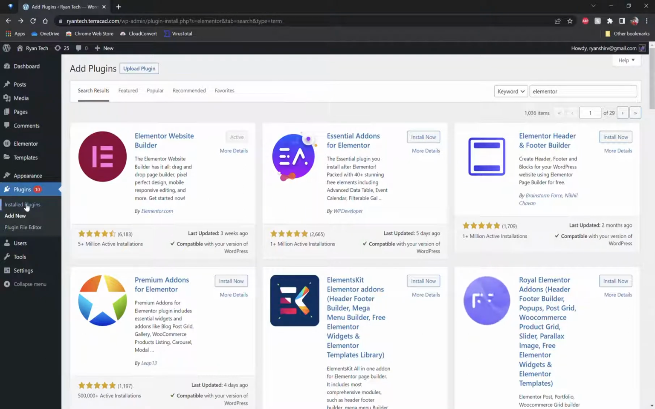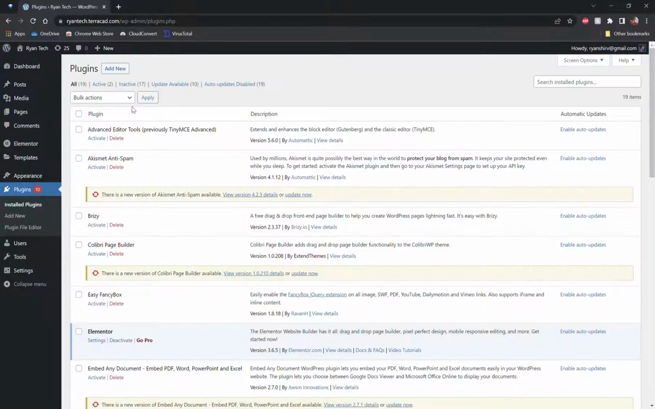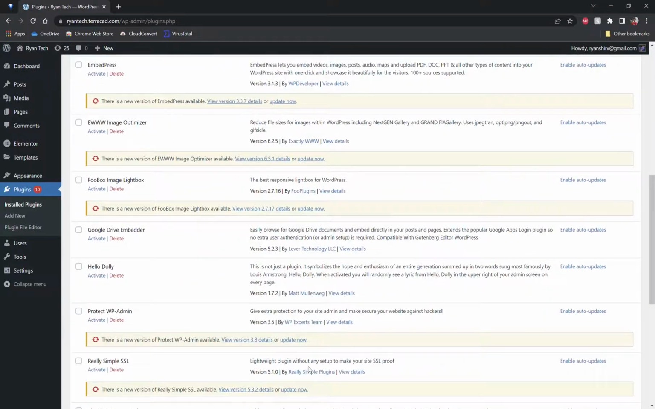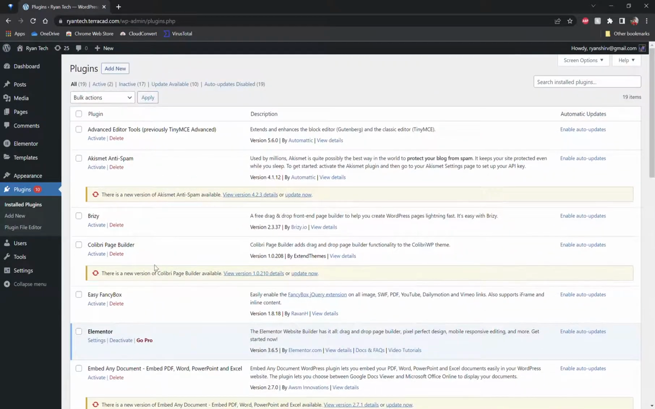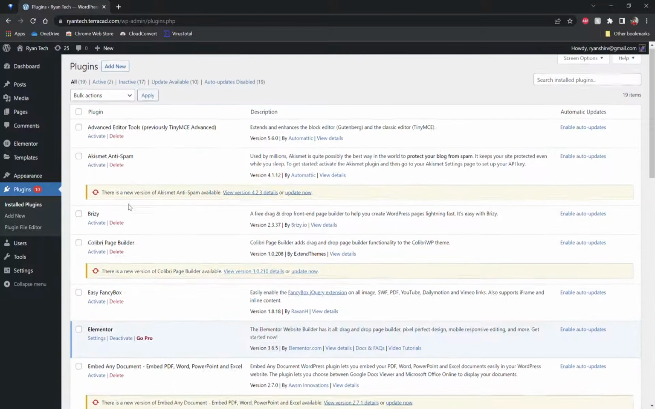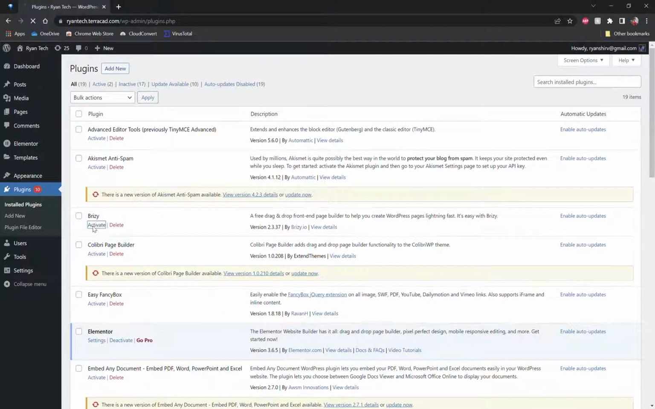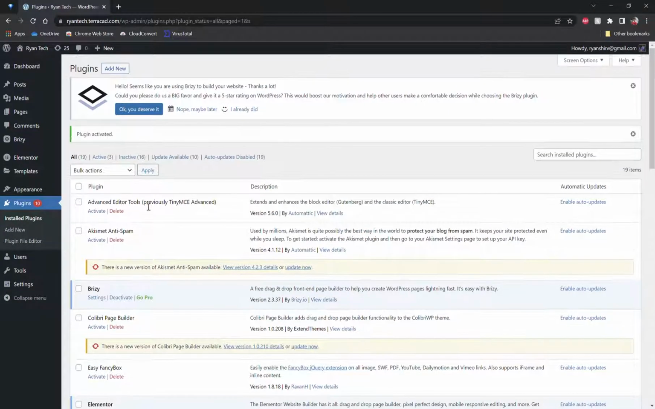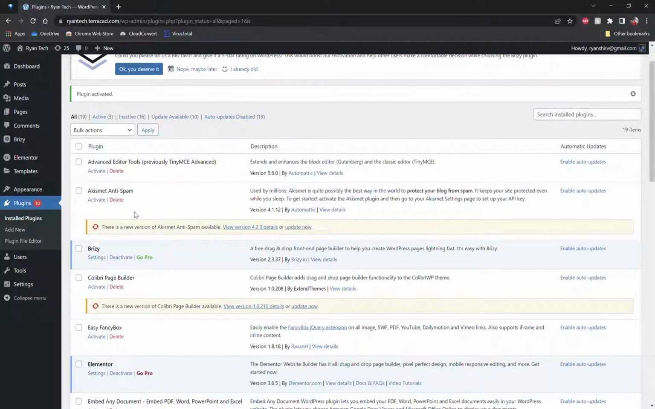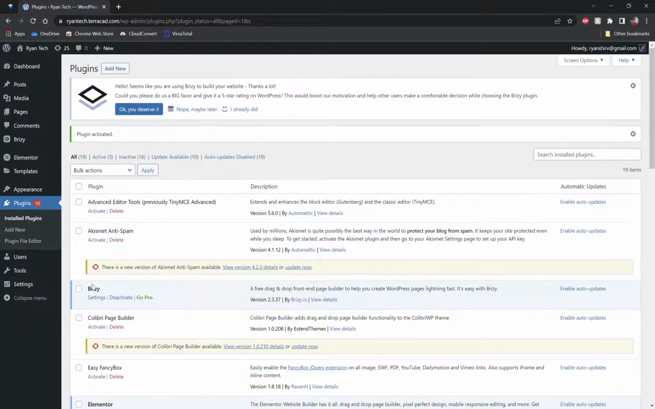So if we go on installed plugins right here, we have all of our plugins, and we have Elementor and Brizy, which should be here. We want to activate Brizy as well, because Brizy is what we really want to use for today's tutorial. So if you go on Brizy, you'll see that Brizy could be found, well, it's not really found here yet,